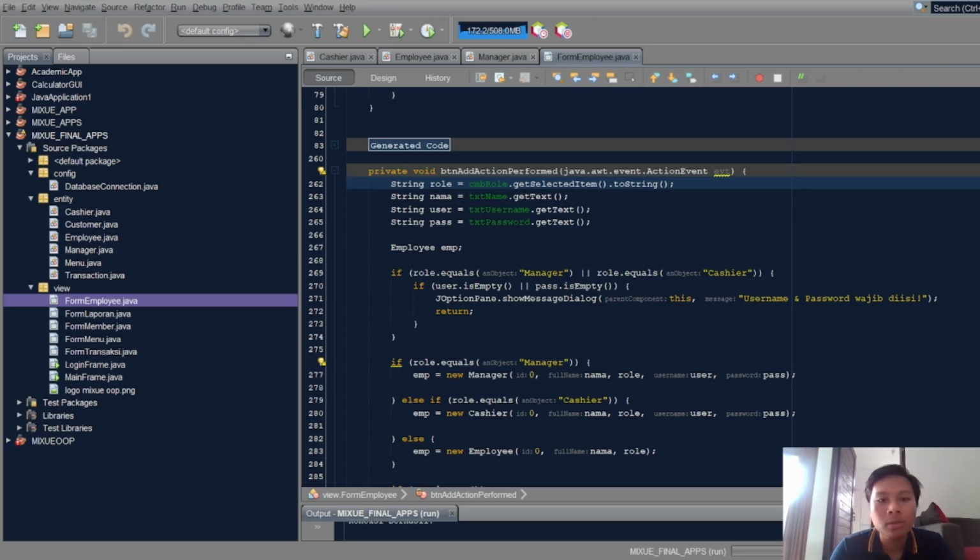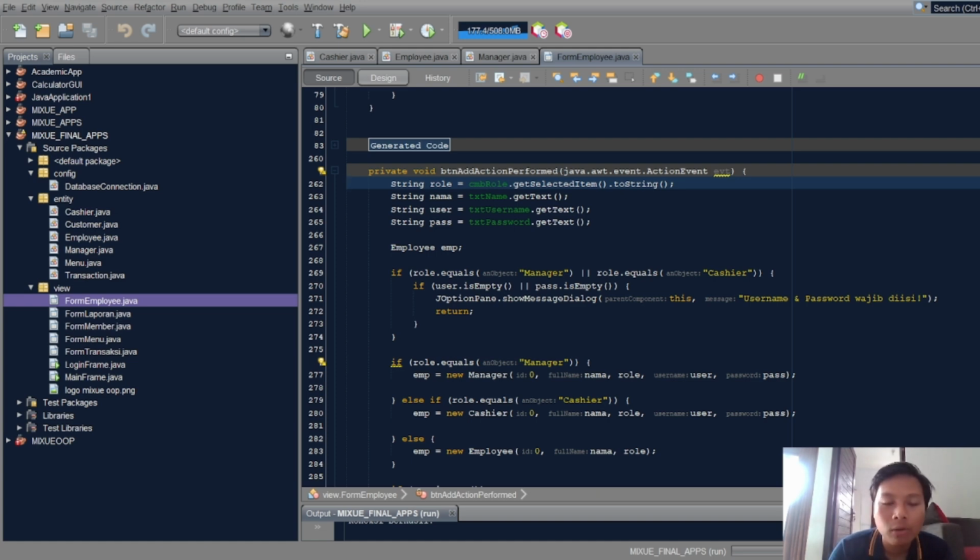First we are going to make attributes: role, nama, user, pass. The data type is string, and the combo role gets the selected item to string.